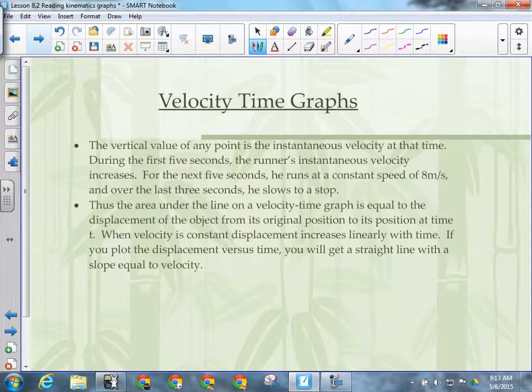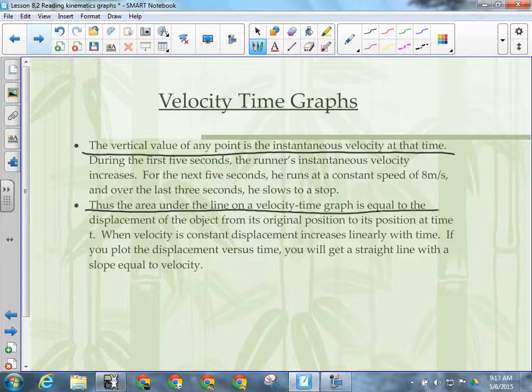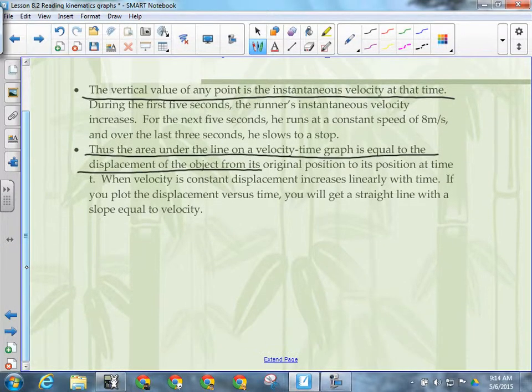So on a velocity versus time graph, the vertical value of any point is the instantaneous velocity at that time, because it's a velocity versus time graph. I can read velocity right off of the graph. Okay? And the area under the line on a velocity time graph is equal to the displacement of the object from its original position. Okay. And the last thing, it's not written on here,